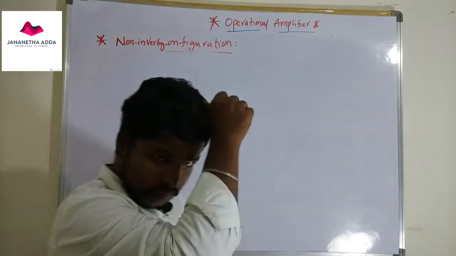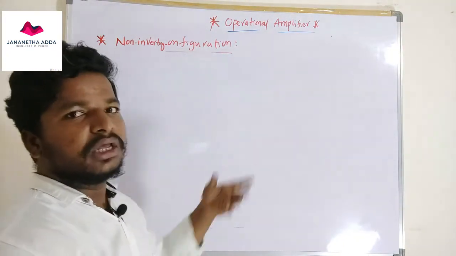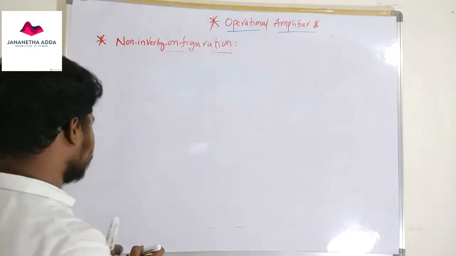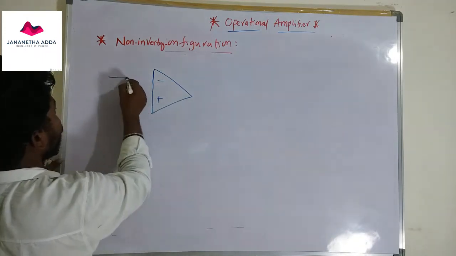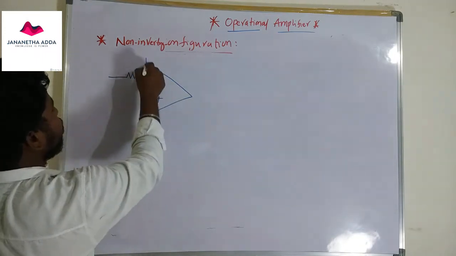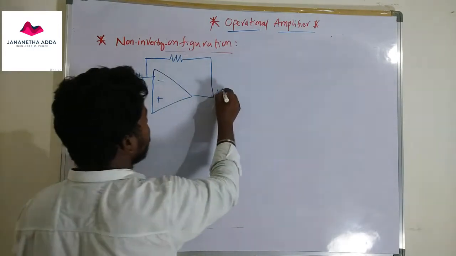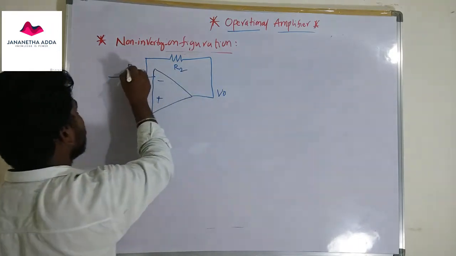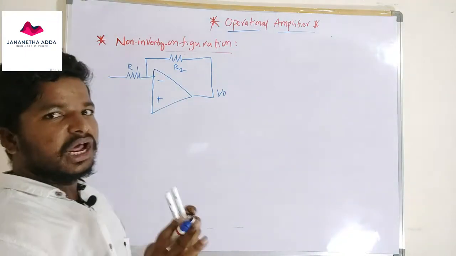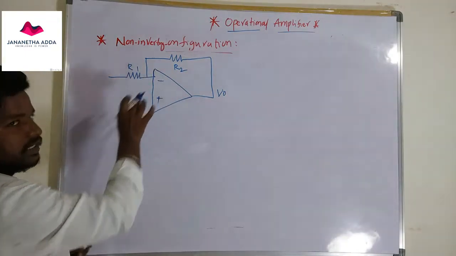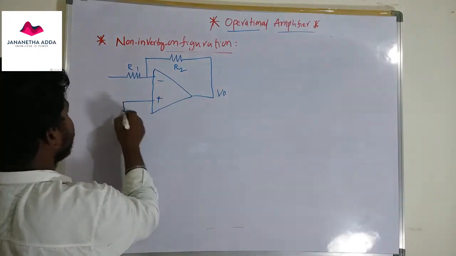the non-inverting configuration. In the inverting configuration, we gave the input signal from the source to the inverting terminal. Here, if I consider the non-inverting configuration of operational amplifier, I am going to give an input signal to the non-inverting terminal only. I also assume that some part of the output is fed back to the negative terminal, so that it acts as a negative feedback amplifier. I am also giving an input of V1 here.